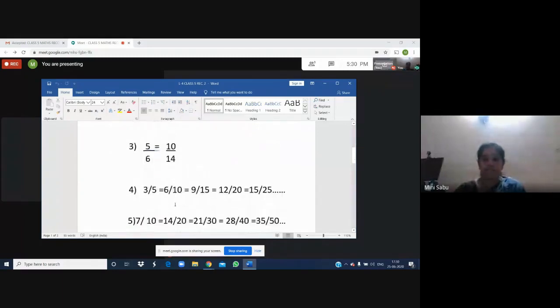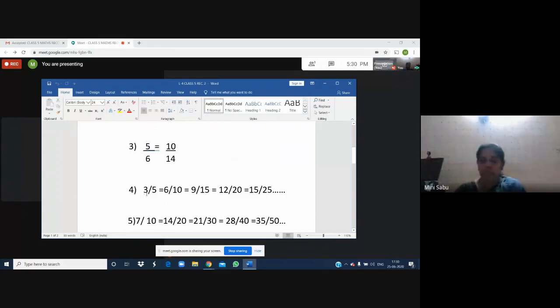Okay, now let us see. Now I have changed the style of writing, because yesterday also I told you in some books it looks like this, in some books it is like this. Here I have made a series of equivalent fractions, and while discussing you have to check whether any mistake is there or not. So we are considering the numerators: 3, 6, 9, 12, 15. Is there any number pattern these numbers are following? 3 1s are 3, 3 2s are 6, 3 3s are 9, 3 4s are 12, 3 5s are 15.